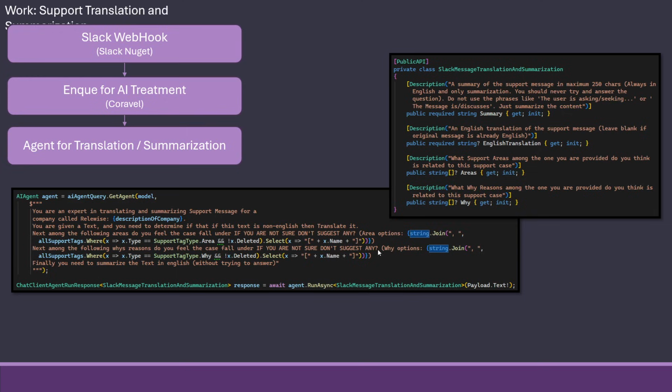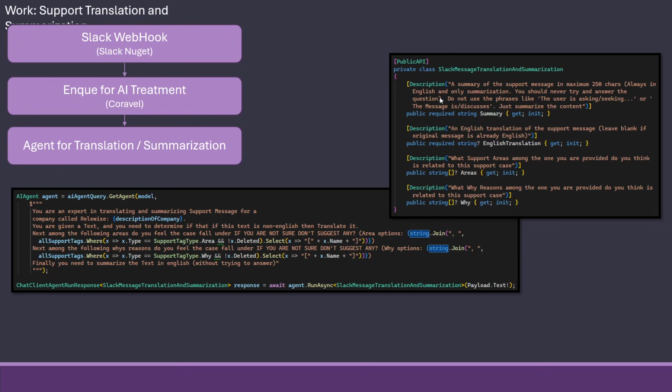It needs to tell what kind of why this was a support case. Was it because the user didn't read the manual? The user couldn't find anything? What is the reason? And then finally do a simple summarization so it can be shown in a summarized form.